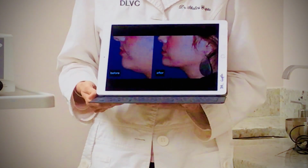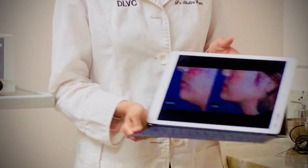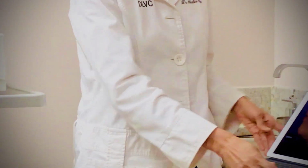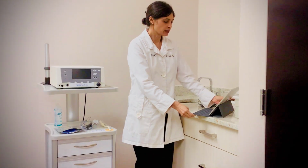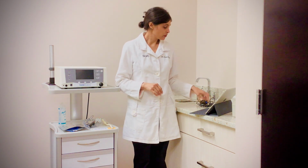So then moving on, we can of course use this also externally on other parts of the body, but generally when we're using the Thermi procedure for the lower face and the neck area, which is one of the most popular areas to treat with Thermi, we usually use what's called the injectable mode, where it is a minimally invasive procedure. So we just use